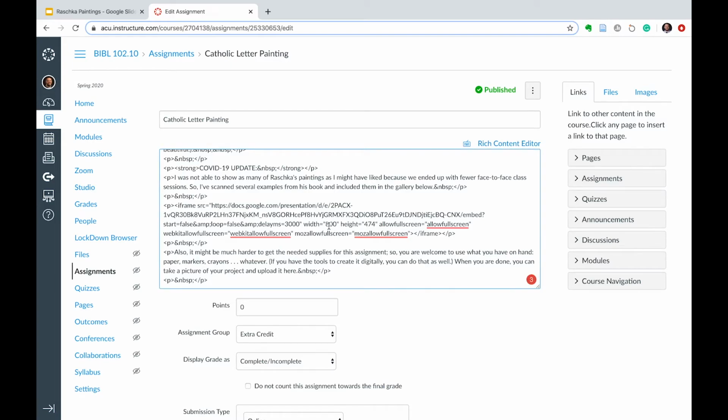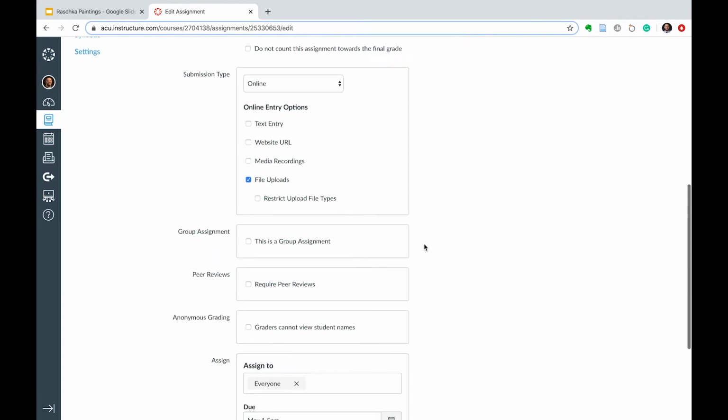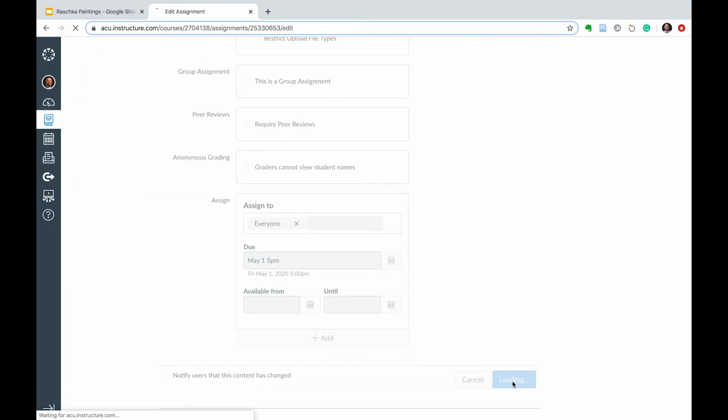If you look at the embed code, it's giving me the width and the height. Again, the default was 900 something, and then I have changed it now to 800, and then I've just done the math to make sure that my height is changed by a corresponding amount to what I changed the width. But you can adjust these numbers to adjust the size of what the students see. And then when I hit save,